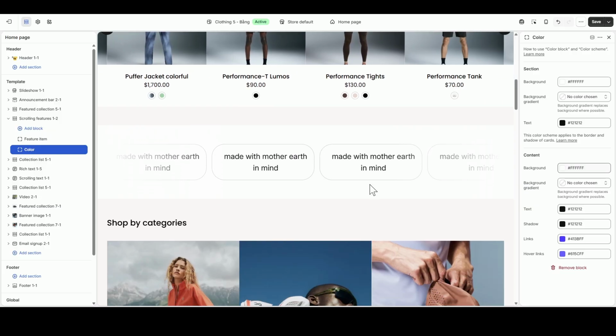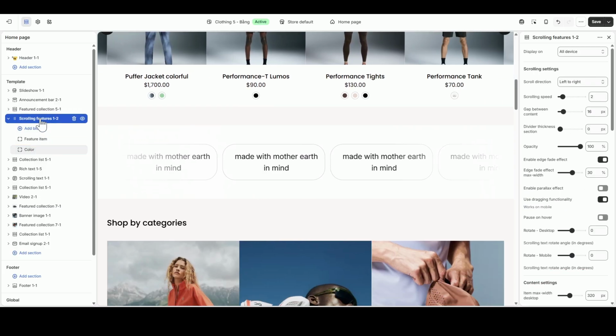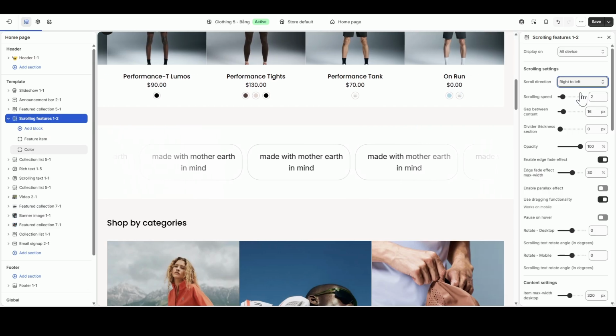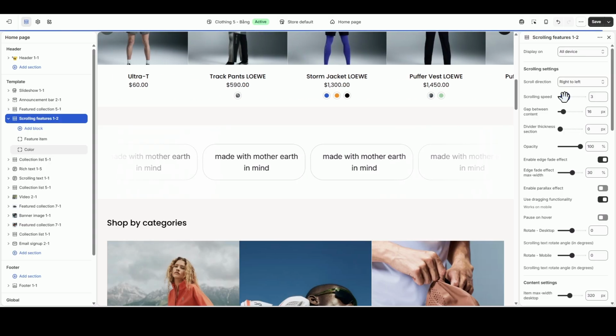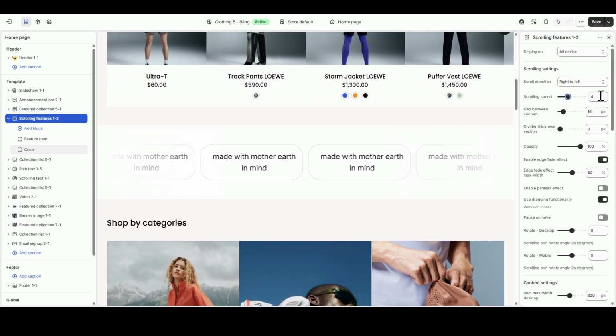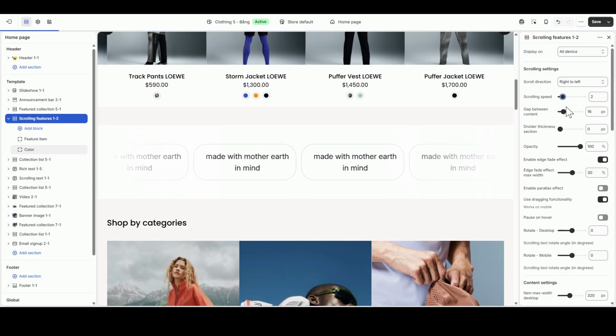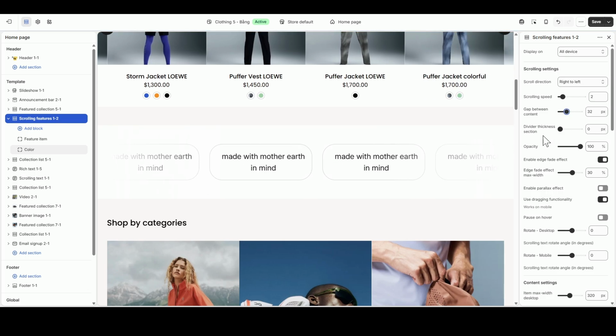Click back onto the main Scrolling Features heading in the left sidebar so we can see the overall section settings. Under Scrolling Settings, you can choose your scroll direction, either left to right or right to left. You can play with the speed slider to make things go fast or slow. And you can also adjust the spacing, like the gap between items and divider thickness, to space out your text